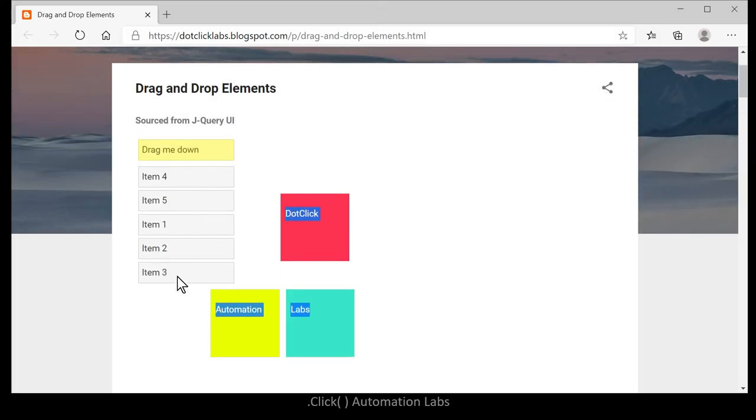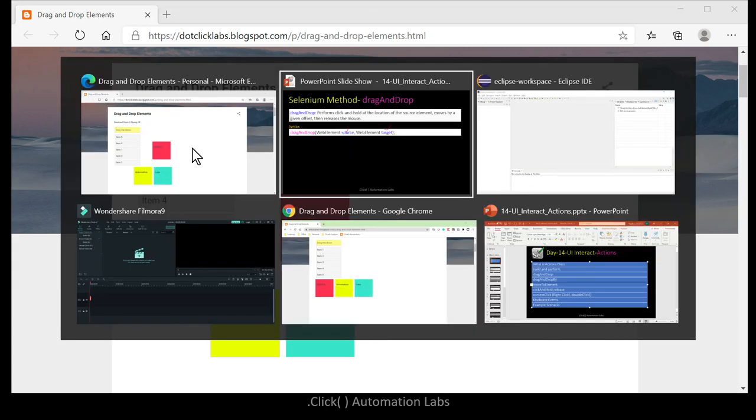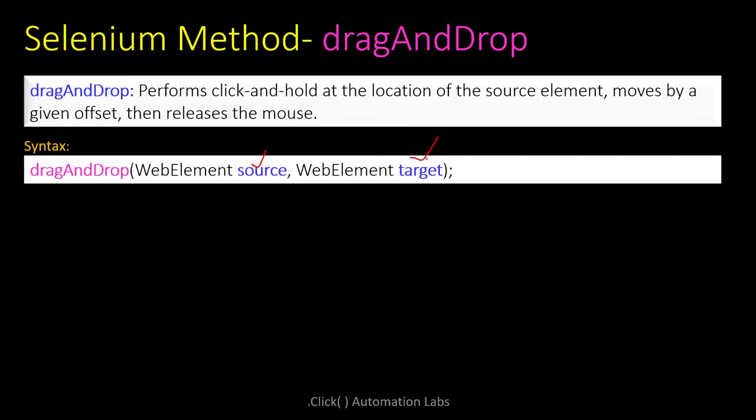If you look at this example, this is a source element, because I'm planning to move it to some other area, and the destination element is somewhere over here. So you need two locations to work with drag and drop: one is the source element, one is the target element.